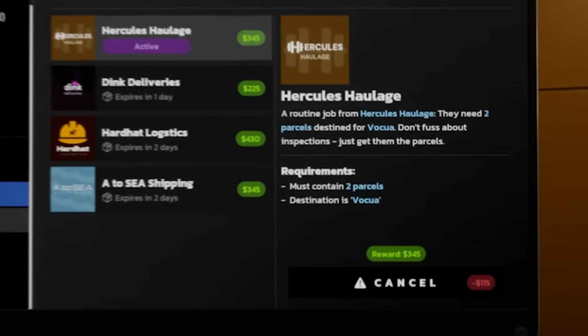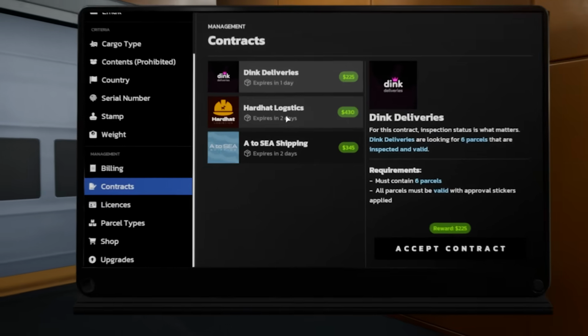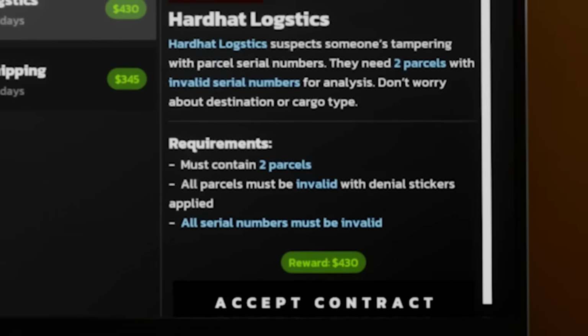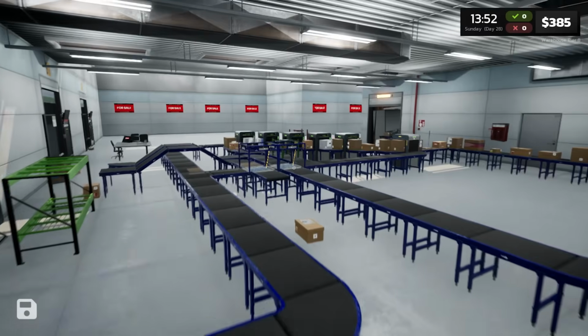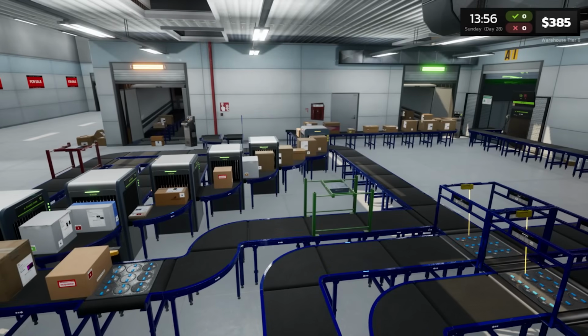First up, 2 Vokua packages, both of which I located fairly quickly and threw in the back of the contract van. Easy money, and looking for more of a challenge, I found it. 2 parcels with an invalid serial number. Not accepting it to avoid the cancellation fee if it couldn't be completed, I returned to my factory to find